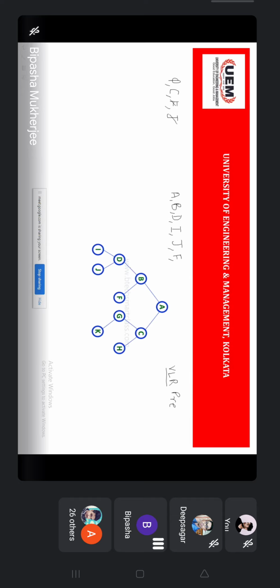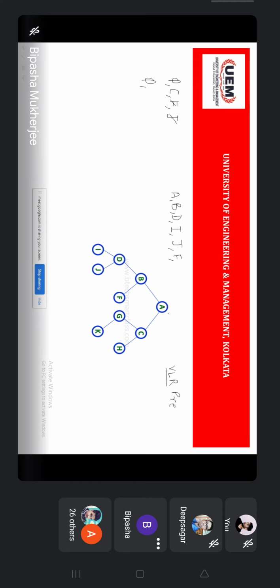Then nothing is in the left and right. So this entire left subtree is complete. No node is pending. Okay. Now you will pop the C. But again you will do the same thing. Now you will pop the C, and when you pop the C, what will you do?